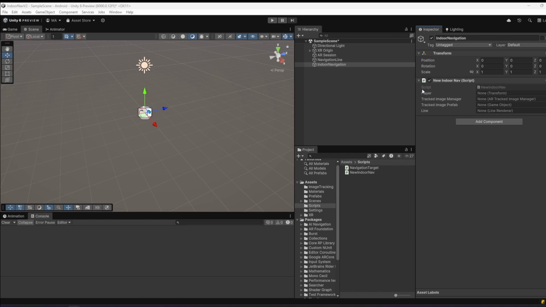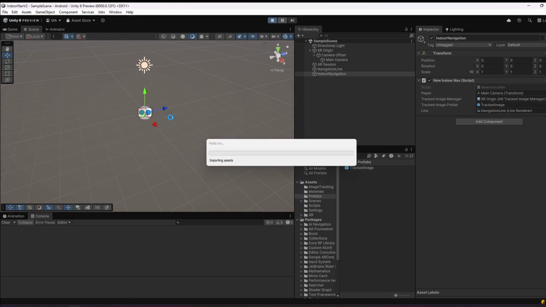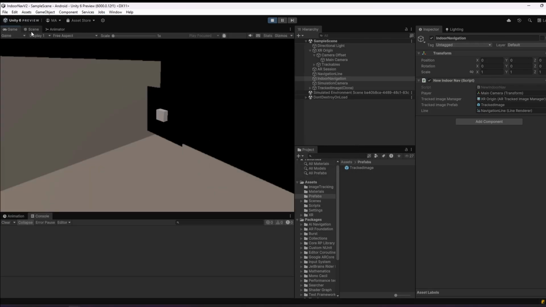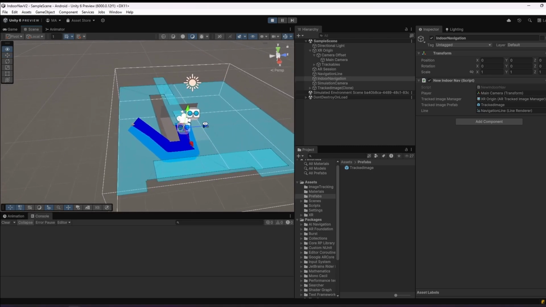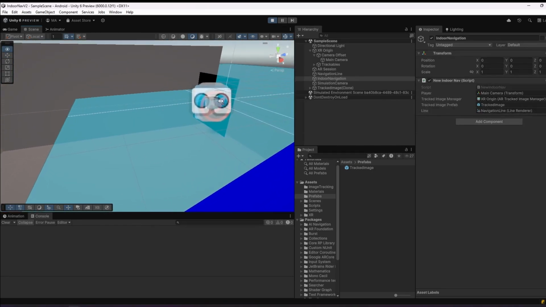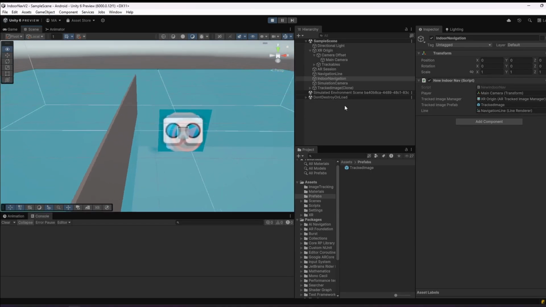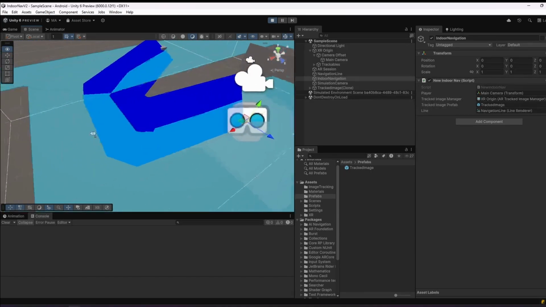and to indoor navigation, adding the new indoor nav script here, and let's set these references. The player will be our main camera, the AR tracked image manager is on the XR Origin, the tracked image prefab is in the prefabs folder, and the line renderer is the navigation line. And because we have installed XR simulation, we can already press play and check if it's working. So we see that there is a cube, and when switching to the scene, we see that the image was tracked, our prefab was instantiated, the NavMesh is not visible in play mode, and there is a path calculated to